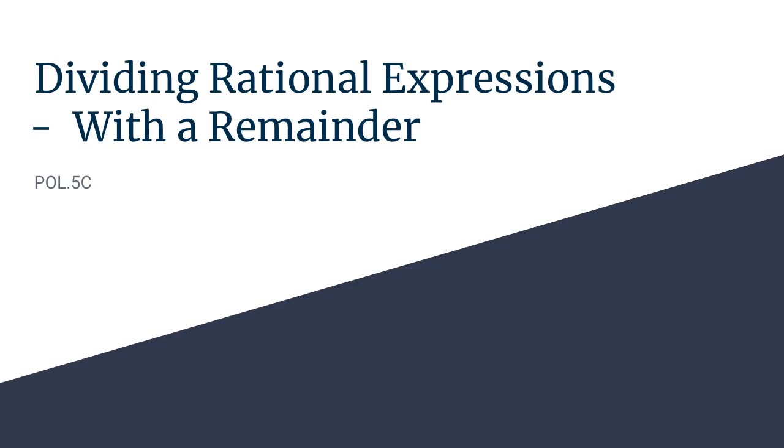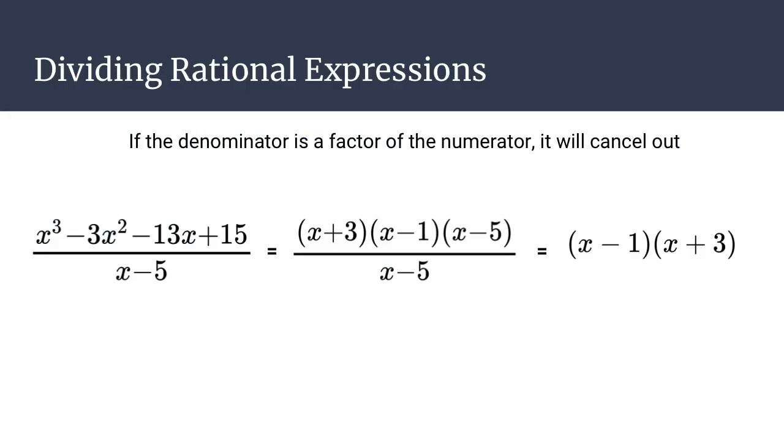In this video, we're going to be looking at how to divide a rational expression when that division comes out with a remainder. So the sort of division that we've done so far is where you take a look at a rational expression. That's when you have a polynomial divided by another polynomial, and that numerator can be factored. Sometimes it was given to you in factored form, but now that we have those skills, we should be able to turn it into factored form, and what you notice is that the denominator is one of those factors. That's been a telling sign to us as to what we should try to factor by, and of course those x minus 5s would cancel out, leaving you with just your simplified form,